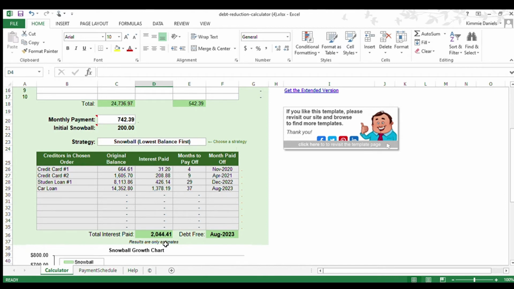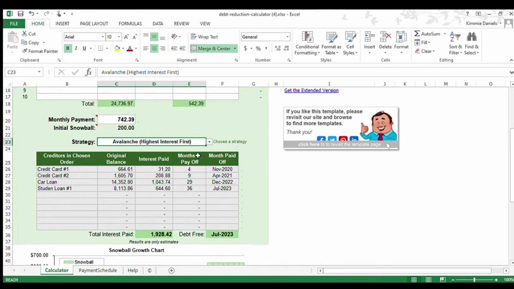And so that is the reason why I've done Avalanche, and you'll see in just a second that it will reduce the significant amount of interest you have to pay just from paying off the highest interest first. So I'm going to change this here to Avalanche, and again, I'm not changing the Snowball amount, I'm just changing it to highest interest debt first.